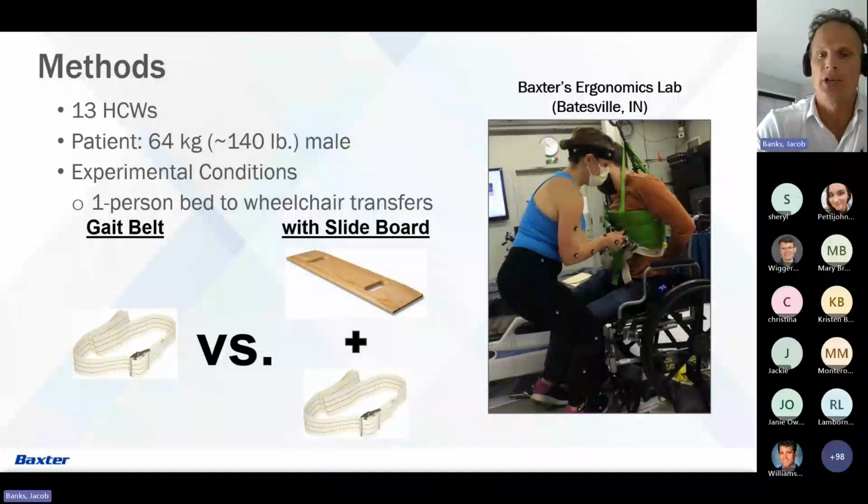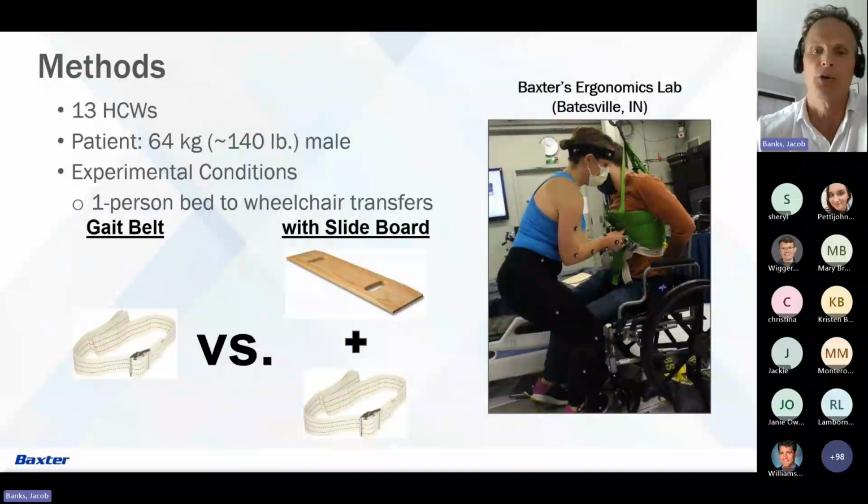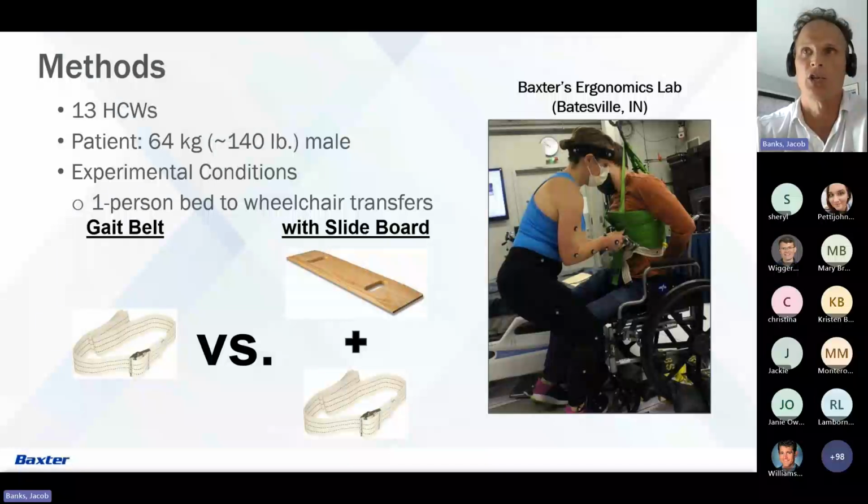As pictured here, the transfers were from a hospital bed to a wheelchair located nearby. The wheelchair was in the locked position and had the right closest armrest removed. The bed height was adjusted by the healthcare worker to what they preferred or perceived to be the best height for them. During each transfer, a healthcare worker used a gait belt or a gait belt with the standard wooden